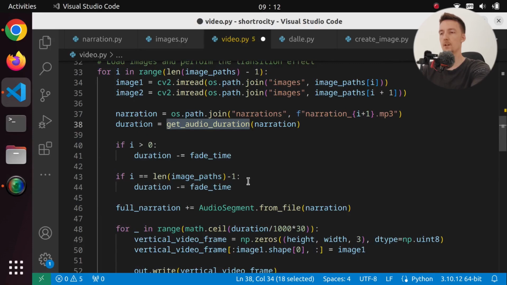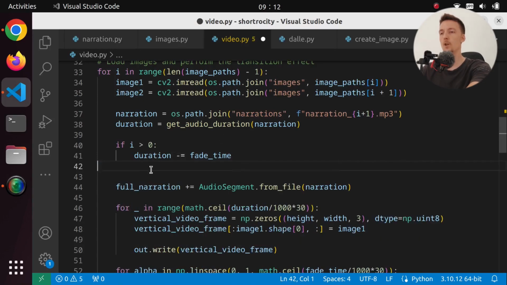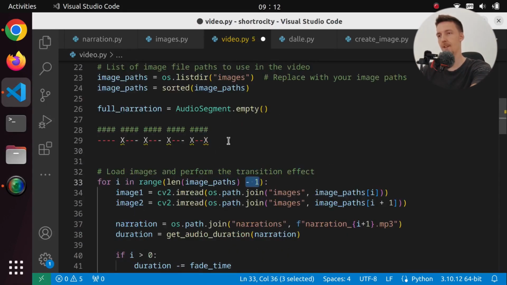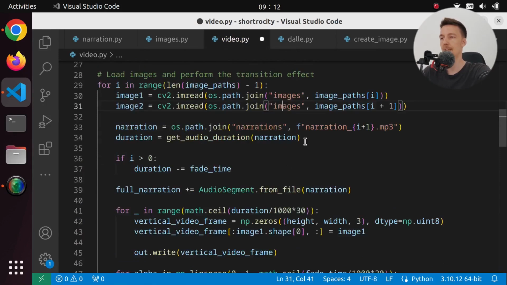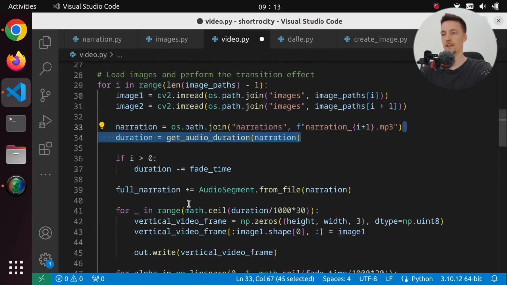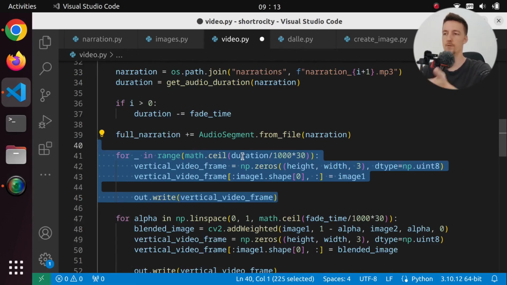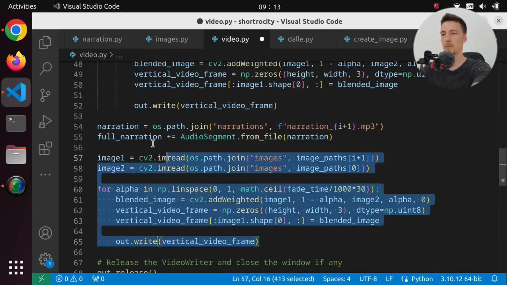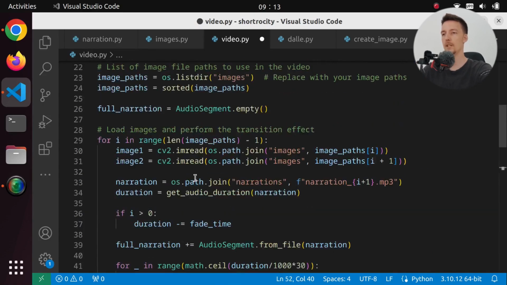So in fact, we are not going to do this in here, because this is going to be the next to the last narration, isn't it? Because we are looping only through the length of the images minus 1. So we have to do the last part outside of this loop. So after we go through this loop, we have to again show the last image for the duration of the narration. So in fact, what I will do to make this simpler is I will remove this part after the loop, and I will in fact